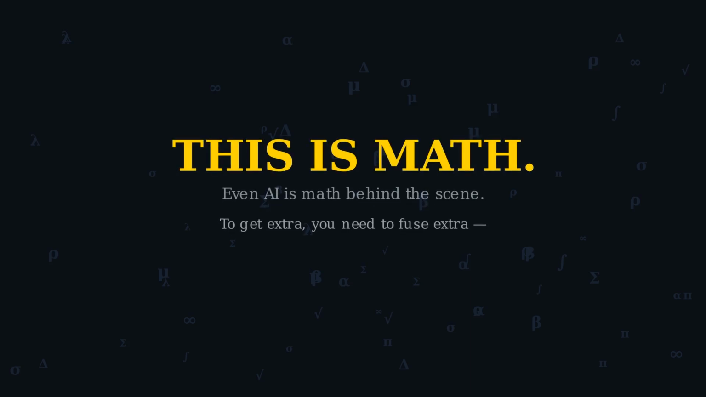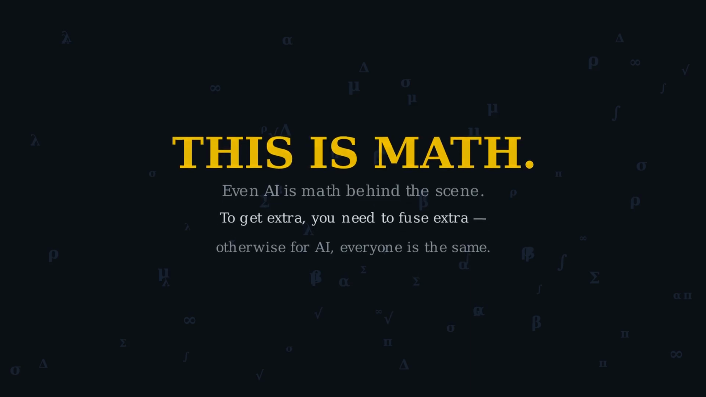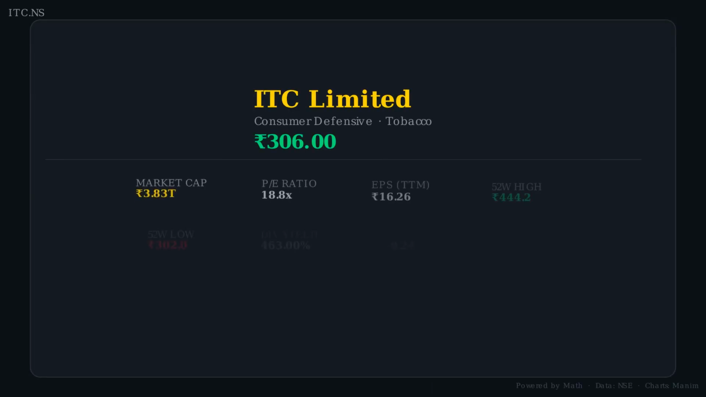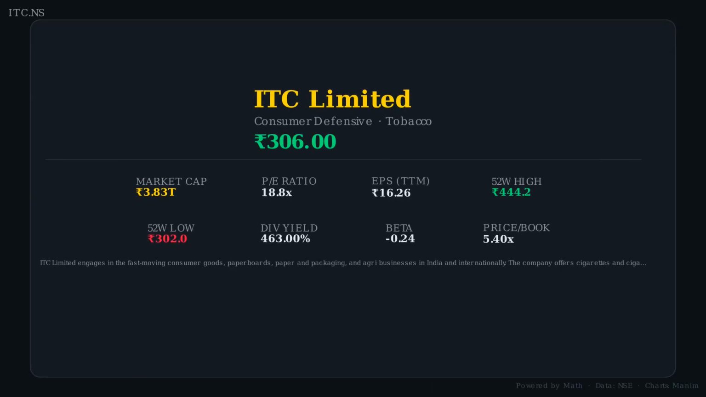This is math. Welcome to the technical analysis of ITC Limited. ITC.NS is a consumer defensive company with Rs 3.8 trillion. Over the past 3 years, the stock has lost 14.4%. We will break down 4 key indicators: moving averages, Bollinger bands, RSI, and MACD, because every line on this chart